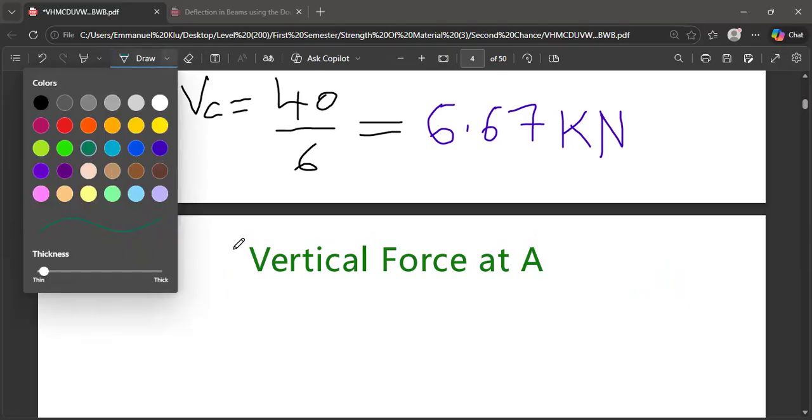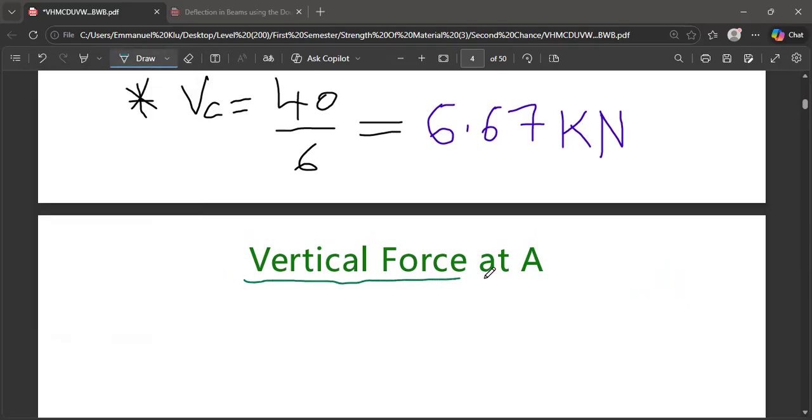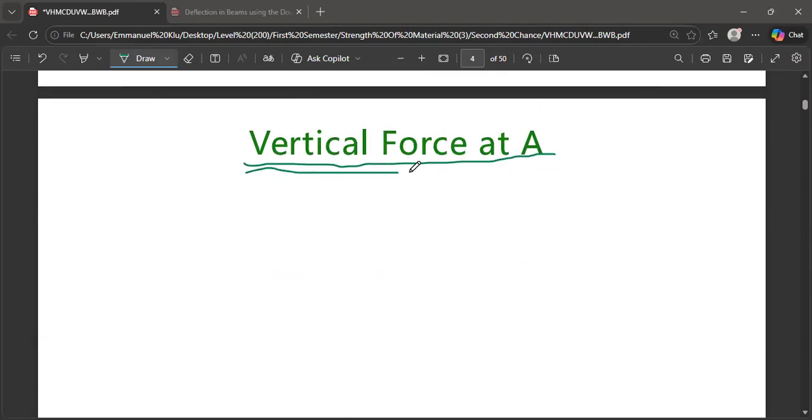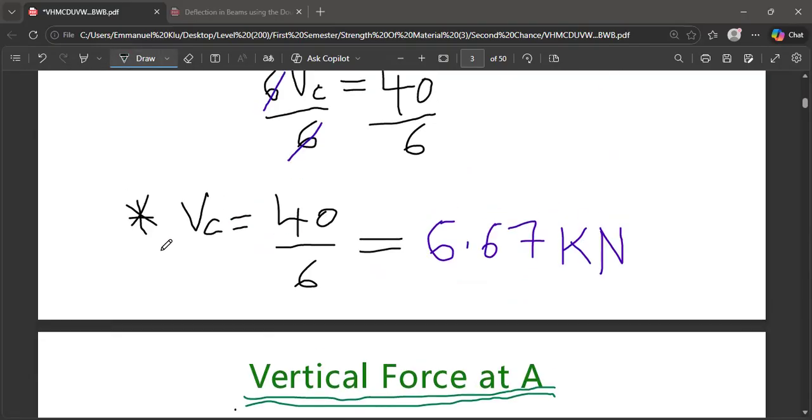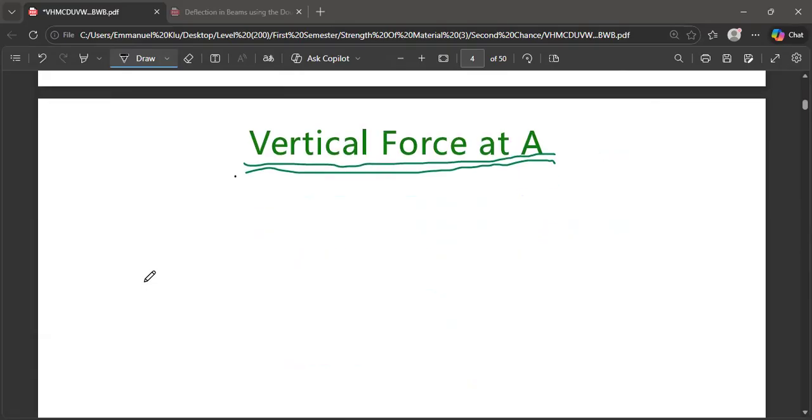So in this case, we are just going to adopt a simple method to solve for our vertical force, and then we are good to go. So let's quickly do that. So our vertical force over here, our vertical force at A,